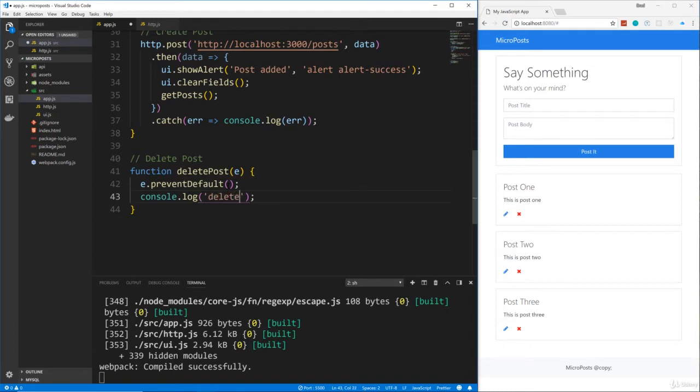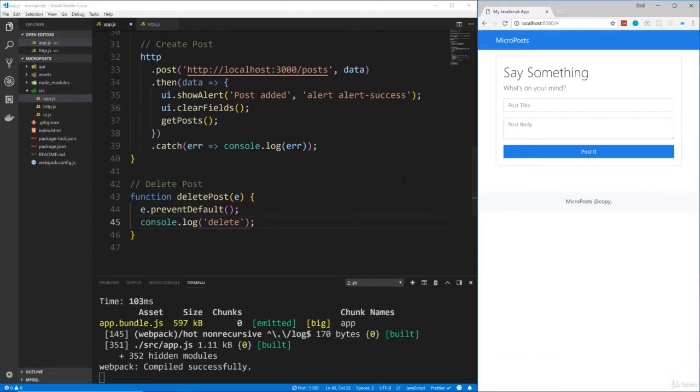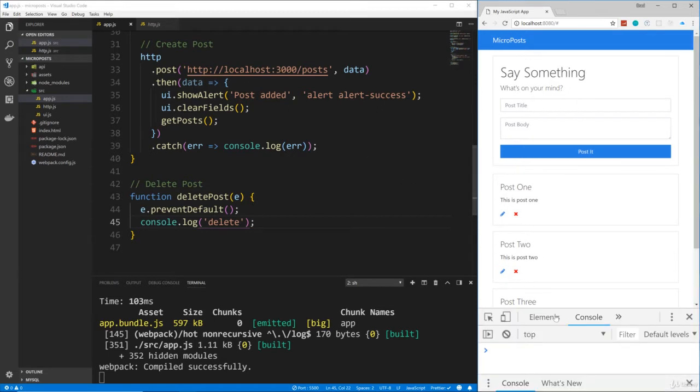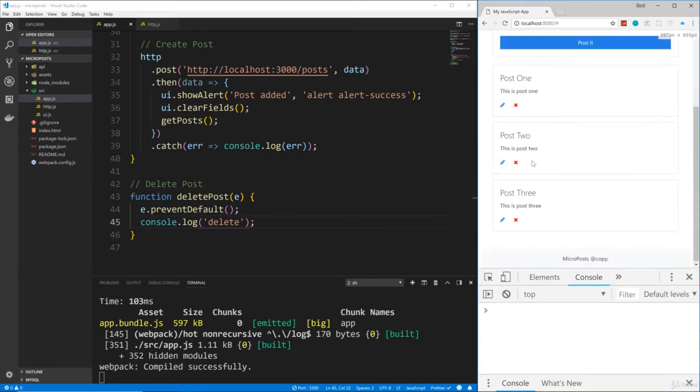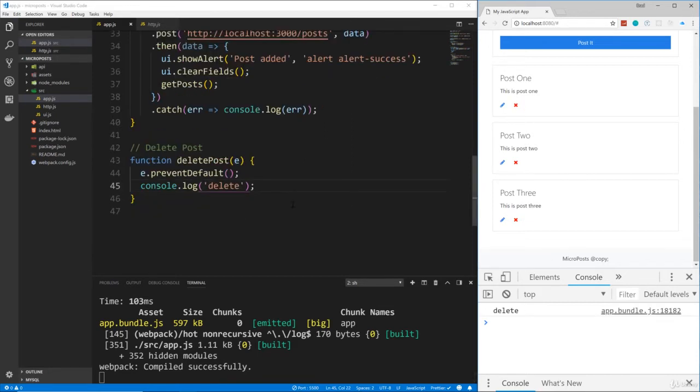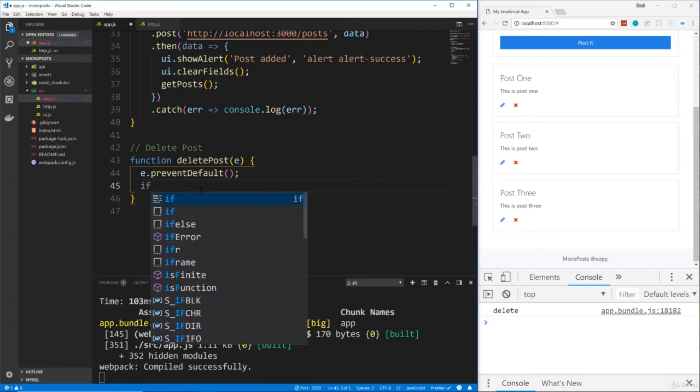We'll just say delete. All right, so we'll save it, and let's go over here. Let's open up our console and click on one of these, and we get delete. All right, so like I said, we need to use a little event propagation because there's a lot of different of these delete buttons. So we're going to put an if statement here,